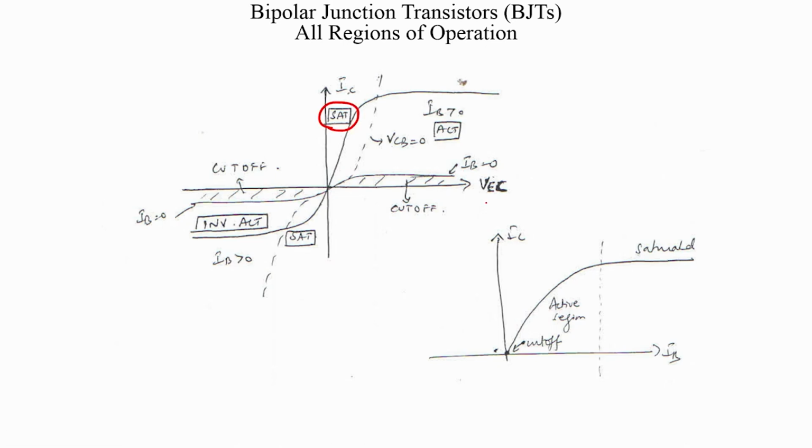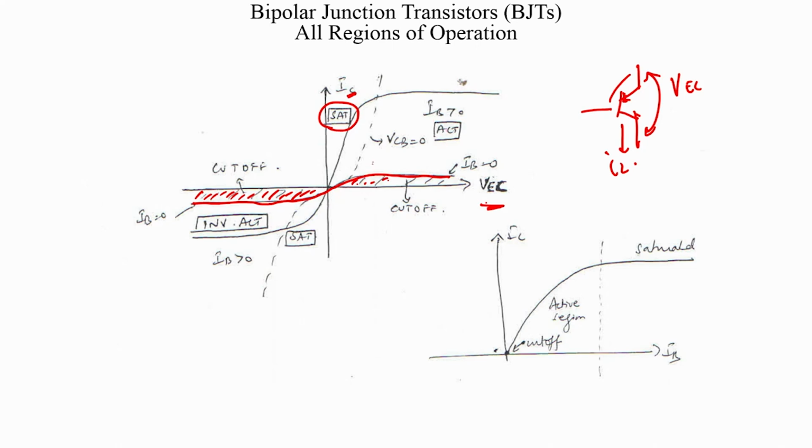because this is the plot of IC versus VEC, that is the emitter to collector voltage. So, you have taken into account both the base to emitter voltage as well as the emitter to collector voltage. So, we are plotting the emitter to collector voltage versus the collector current. And this is being plotted for different base current values. So, you see that this curve is for base current of 0. So, here my base current is 0 and everything within this region is the cutoff state. There is no base current flowing, and as the base current increases,